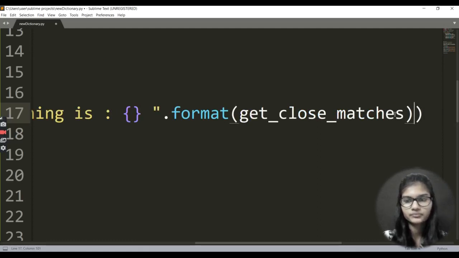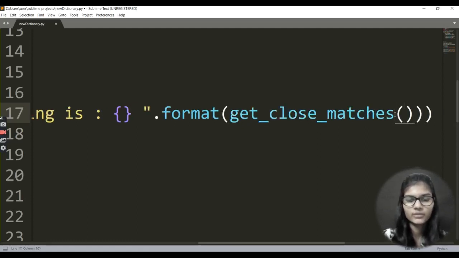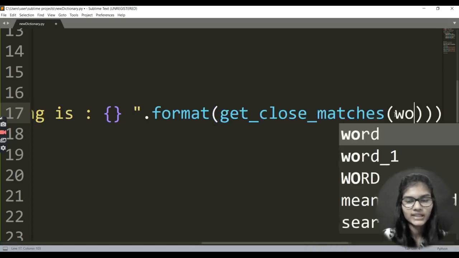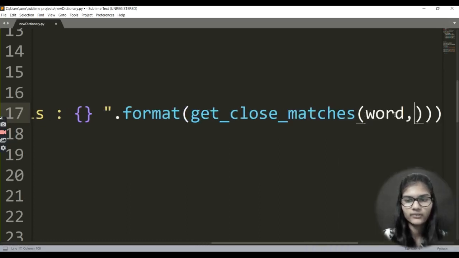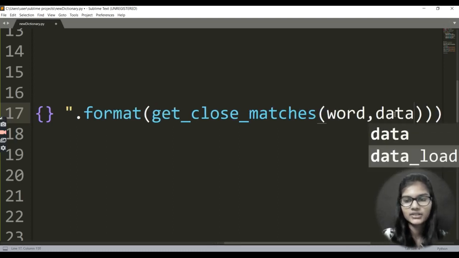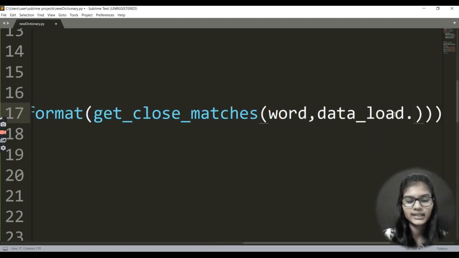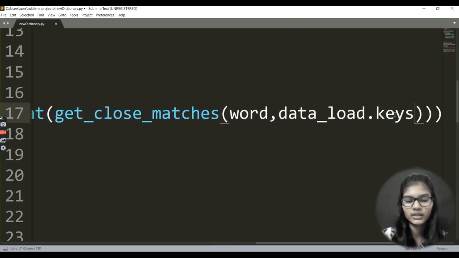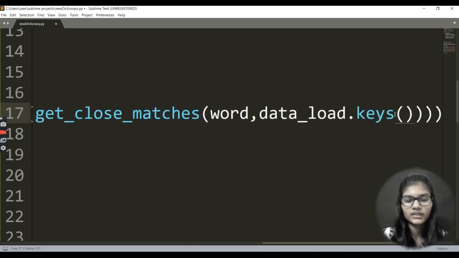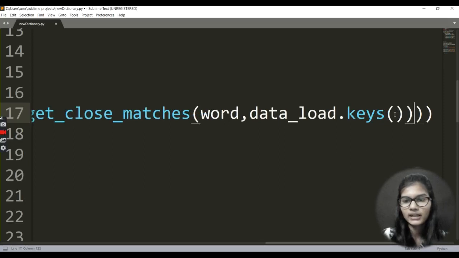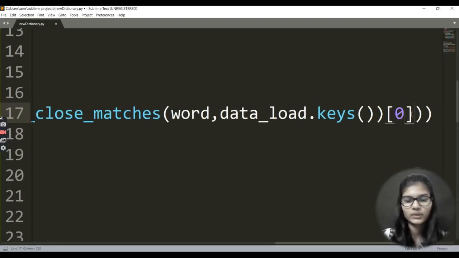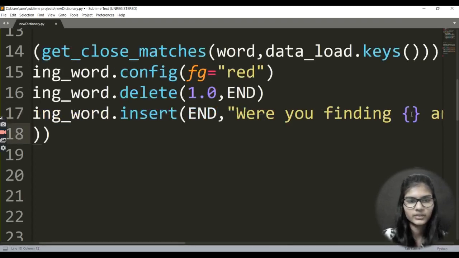Okay, now inside the format basically I'll be using the get_close_matches function, which we have used, right? And after this again I'll be putting the bracket, and here I'll be using that word which we have written above, word comma, and that will basically give me data_load, the variable in which I've stored my data, and it will give me the keys, right? So it will be giving me the keys. So after this basically, now I'm coming out of my first bracket. This keys was the first, and after this bracket I'll be putting here, let's say this. Okay, now I'm coming onto the next line because it's a very large line and I need to write all those things.